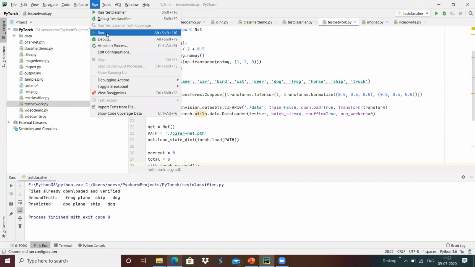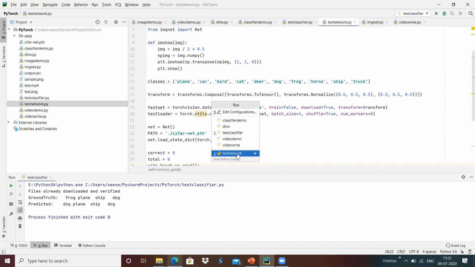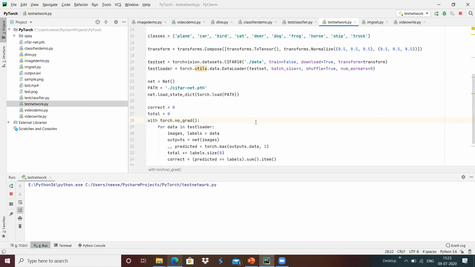I'm going to run this with the test network, which loads the test data set images into the test loader and checks each and every image.